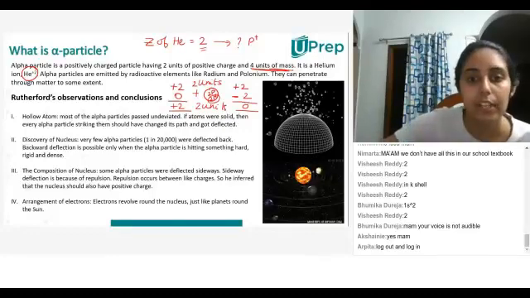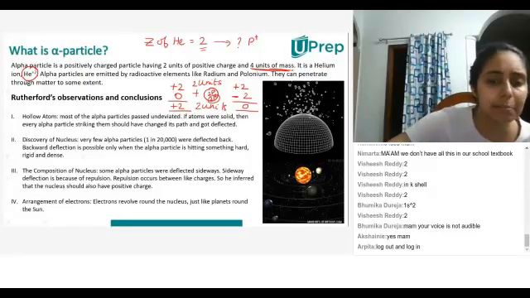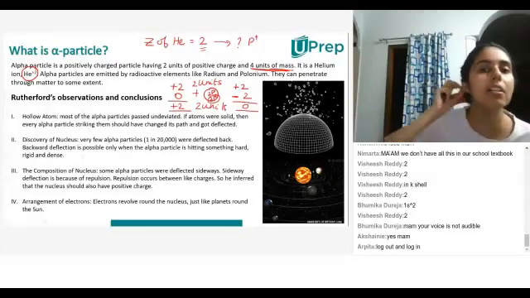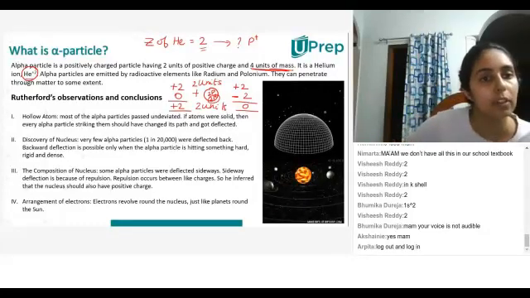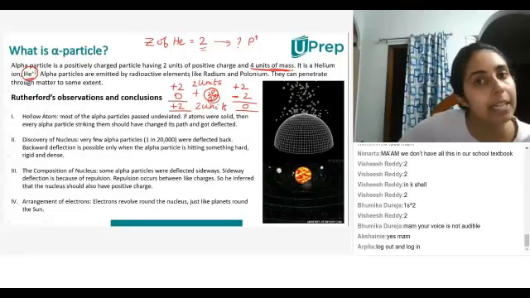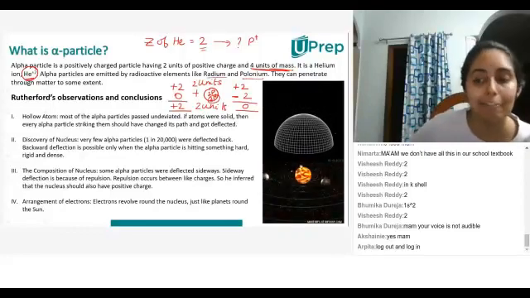All right. So now we understood what alpha particles are. Okay, so alpha particles are nothing. They're simply helium plus 2 ions. Okay, so whenever you hear the word alpha particle, that means you're basically talking about helium plus 2 ions. So alpha particles are emitted by radioactive elements like radium and polonium. So both radium and polonium, they emit alpha particles.